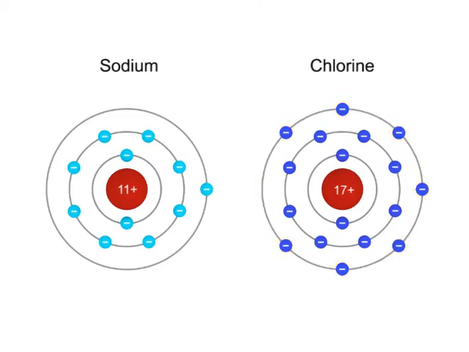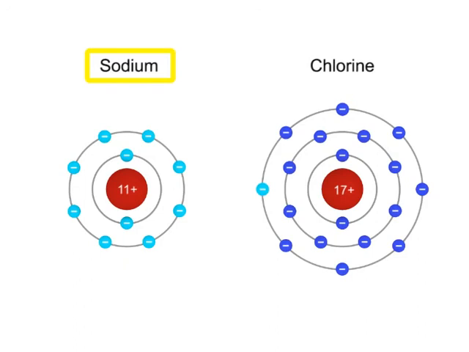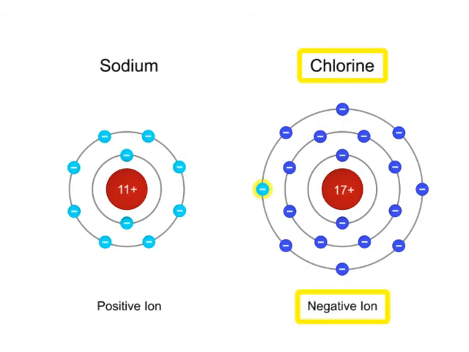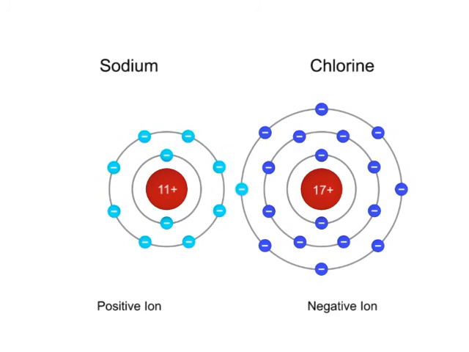Thus, when salt is dissolved in water, sodium will readily give up its loosely held valence electron to chlorine, making both atoms more stable. With its 1 less electron, sodium becomes a positive ion, and chlorine, with the addition of an electron, becomes a negative ion. The positive ionic state of sodium and the negative ionic state of chlorine results in the atoms being attracted to each other. This attraction forms an ionic bond that holds the 2 atoms closely together to create a sodium chloride